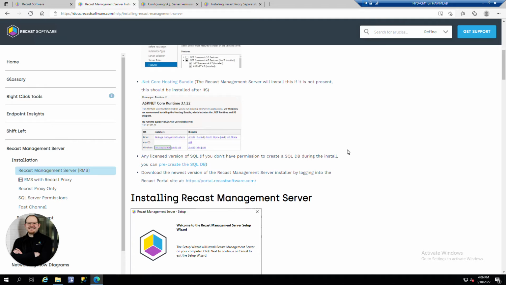If you don't have permission to create a SQL database using the credentials to run the install, you can pre-create the SQL database beforehand. I'll include a link to this guide, and I'll create a video that goes over it in the future. But we're going to skip that in this install, and we're going to get the install from